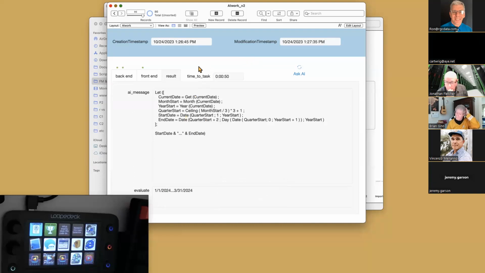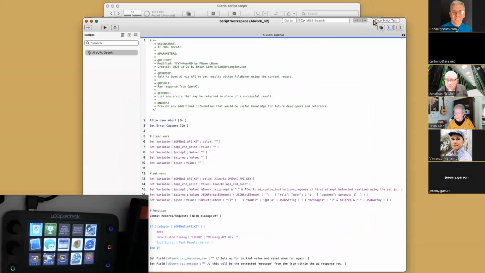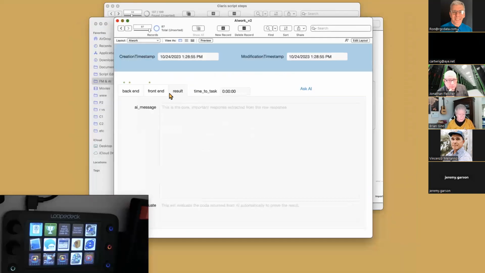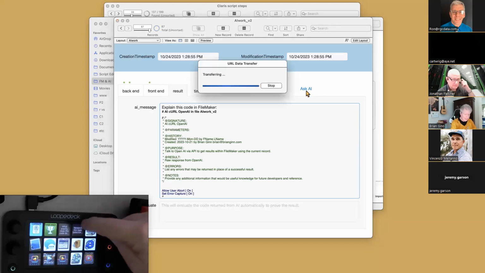Okay. Now, it will do other things because you're here. Let's say I did this. Let's say I wanted this code. So I copy this code and I do a new. Did it copy? Yeah, everything. Okay, so explain this code in FileMaker. Okay. This is just like the button here, research, or similar to what does this code do, rather.